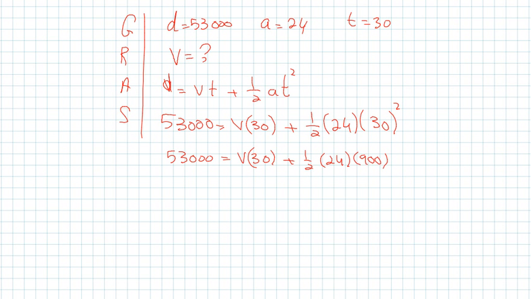Now, after exponent, what do I have to do? Multiply. And half of it you have to take. Okay, so I want you to look here for a second. I have a half times 24 times 900. Multiplied by 24 divided by 2. That's right. So you can put that on the calculator, okay? So that's 12 times 900, so